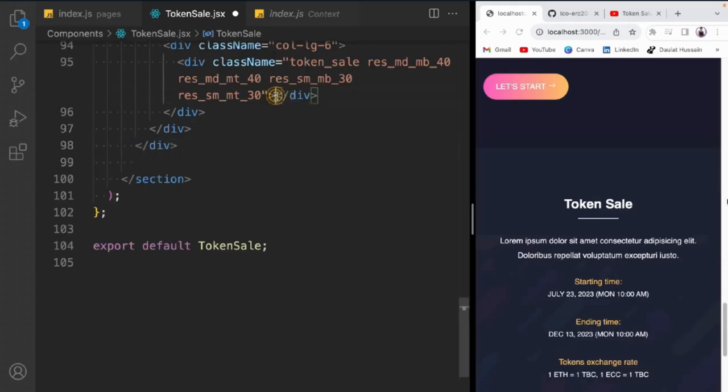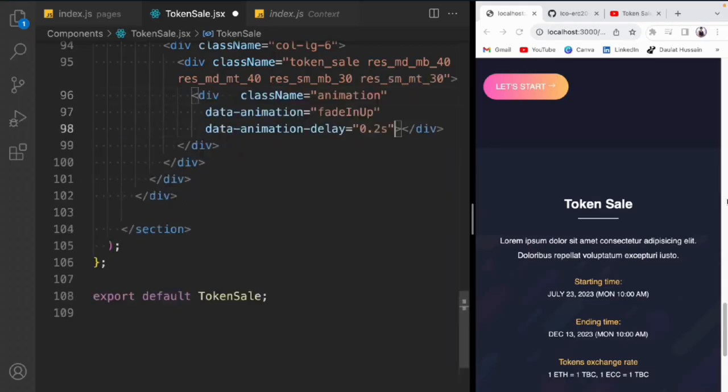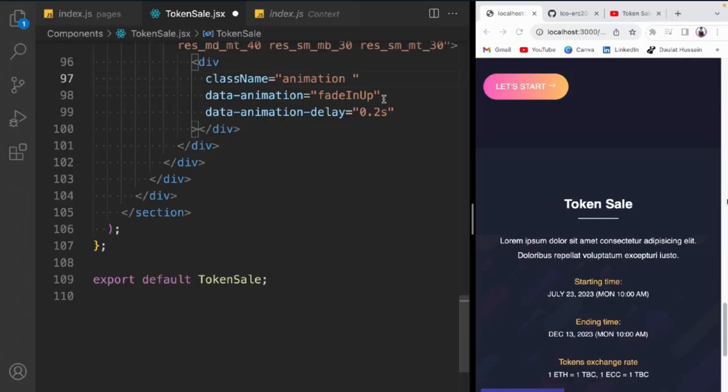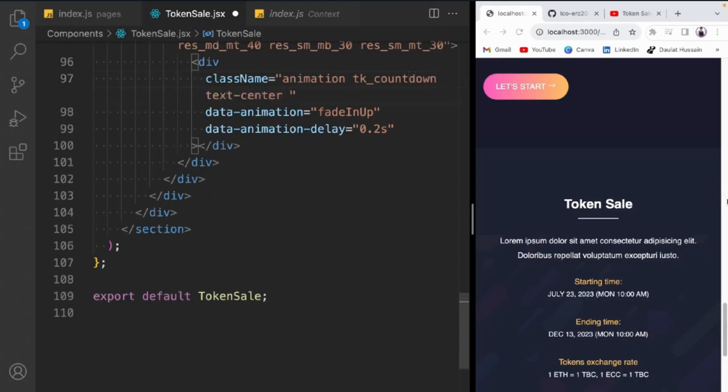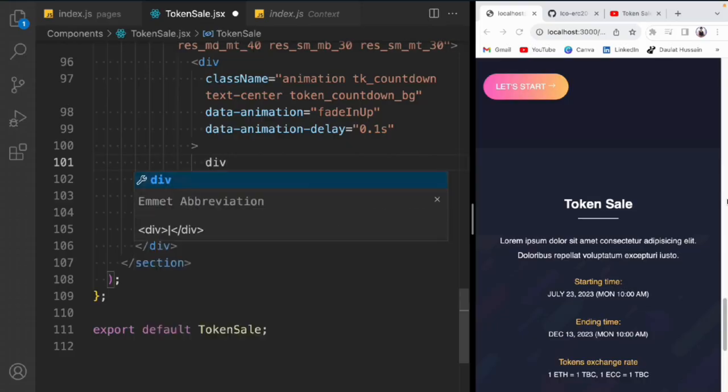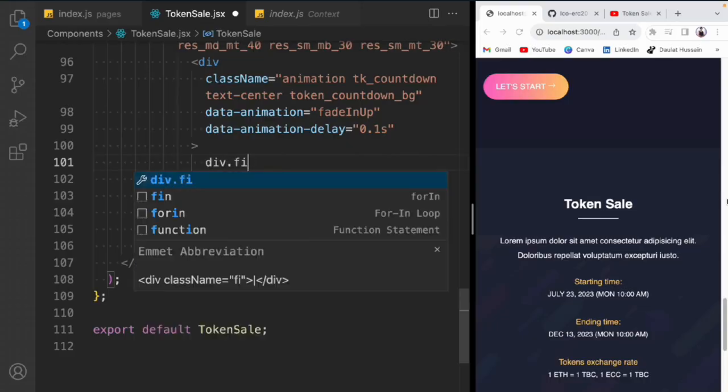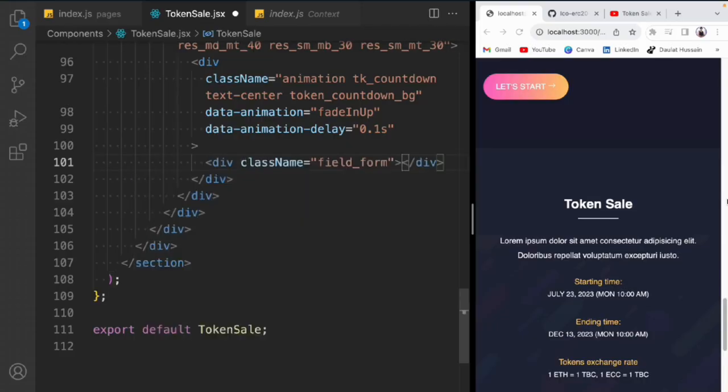So come here, we'll take a div, it will have the classes. Let's add a tk count down and text center, token call down bg, and this will be 1 second. It will have a div, I have filled form,